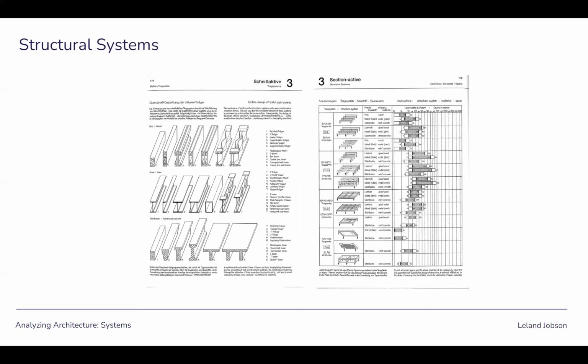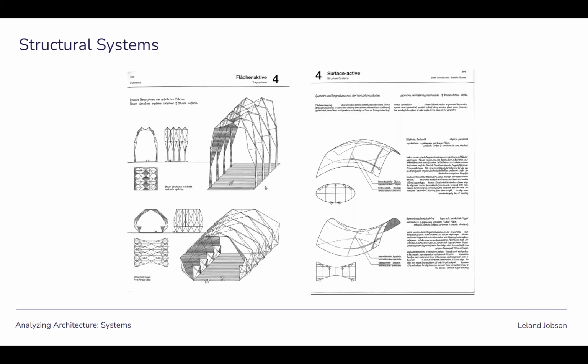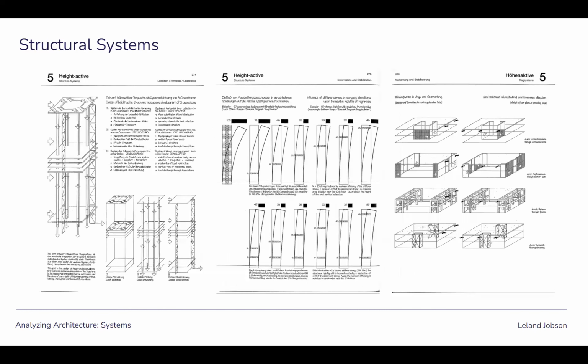So we shape beams and members the way we do because of the moment of inertia, which you may have learned about in statics if you didn't fall asleep. So that's another one. Surface active, folded plate, awesome. You got a saddle here, also great. You got the surface behaving in a way that's structurally useful. And height active, so